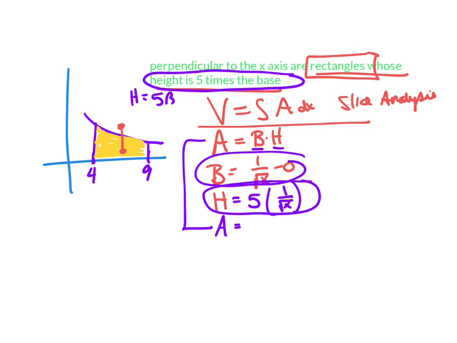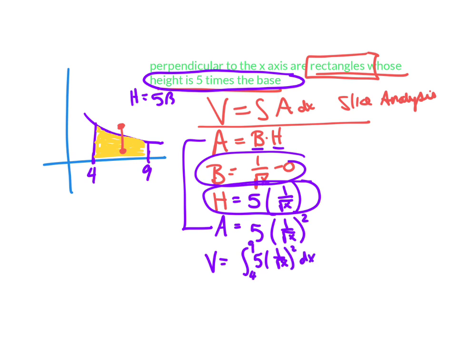So my question is, what is there 2 of? Do you see 2 5s or 2 1 over radical x's? So I see 5 times 1 over radical x squared. Again, please take note, I'm not squaring the 5. There are not 2 5s. There's 1 5 and then the 2 1 over radical x's. Therefore, volume is just the integral of 5 times 1 over the square root of x squared dx from 4